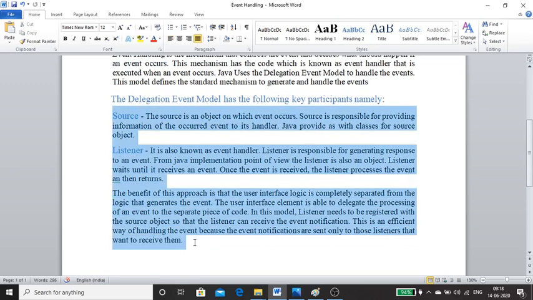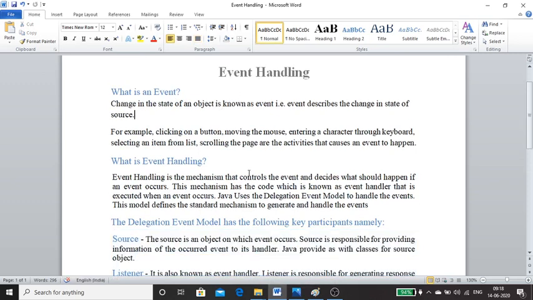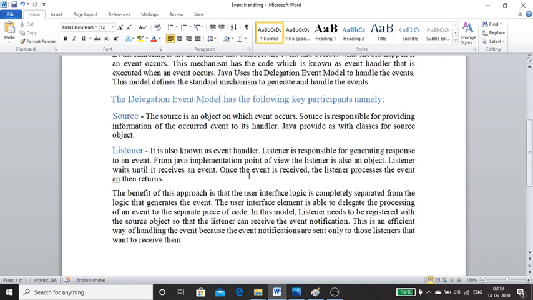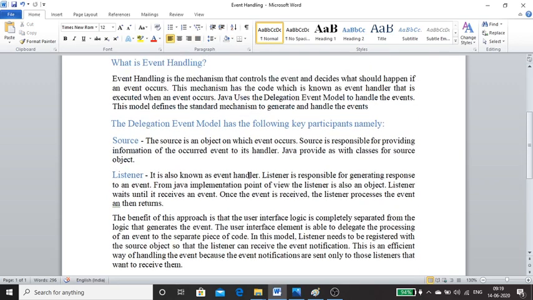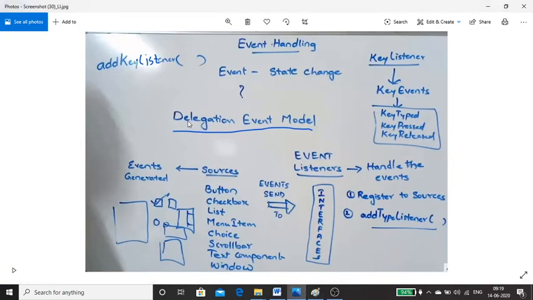You can even copy this particular diagram of the delegation event model, with source and event listener.